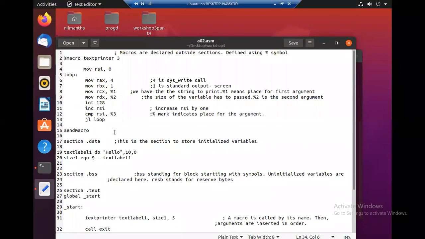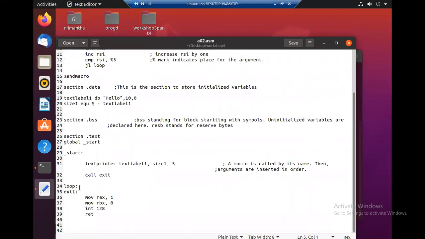Uncertainty as to which label it should jump to, either the loop label inside the macro or the loop in this text section. So what will it do?